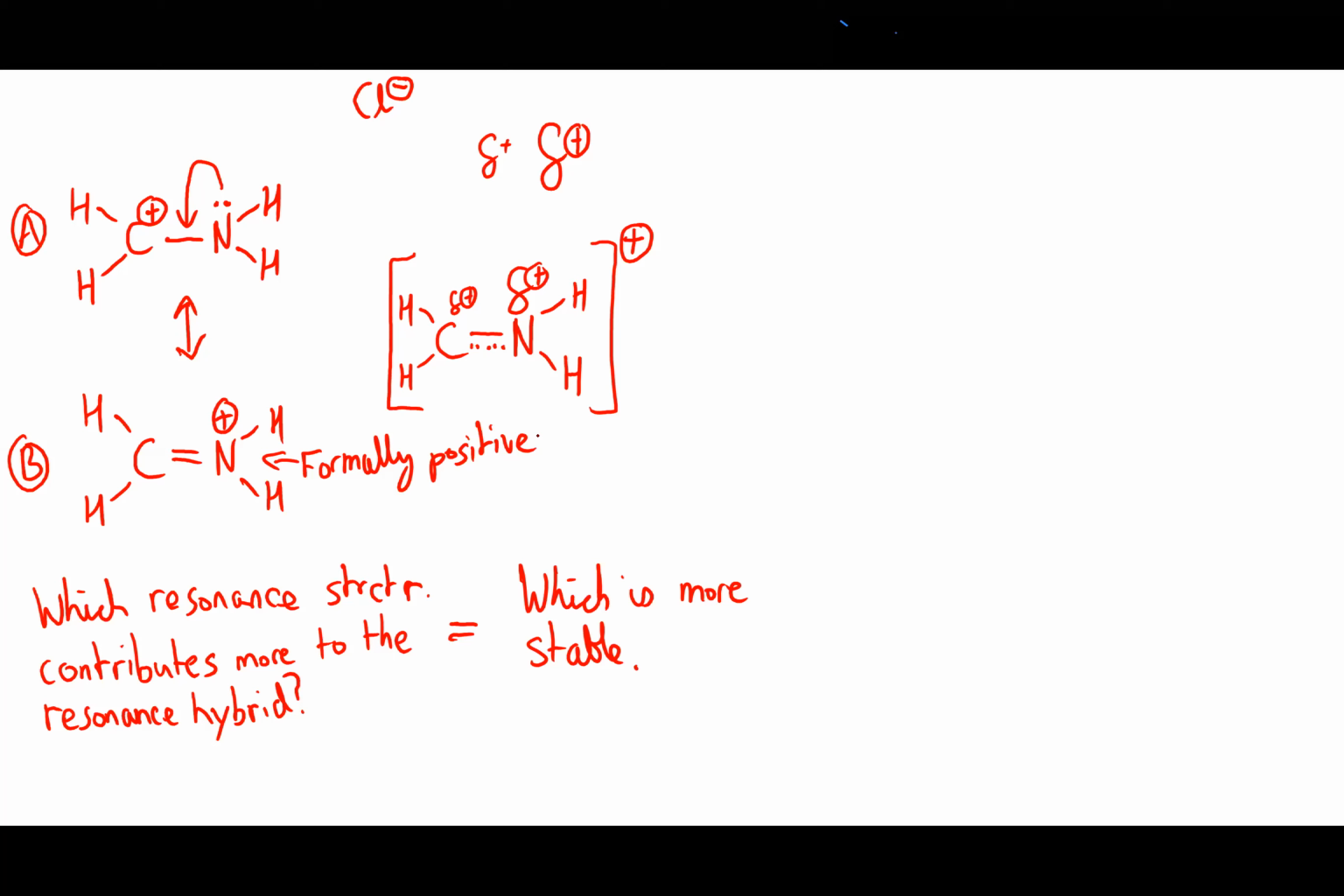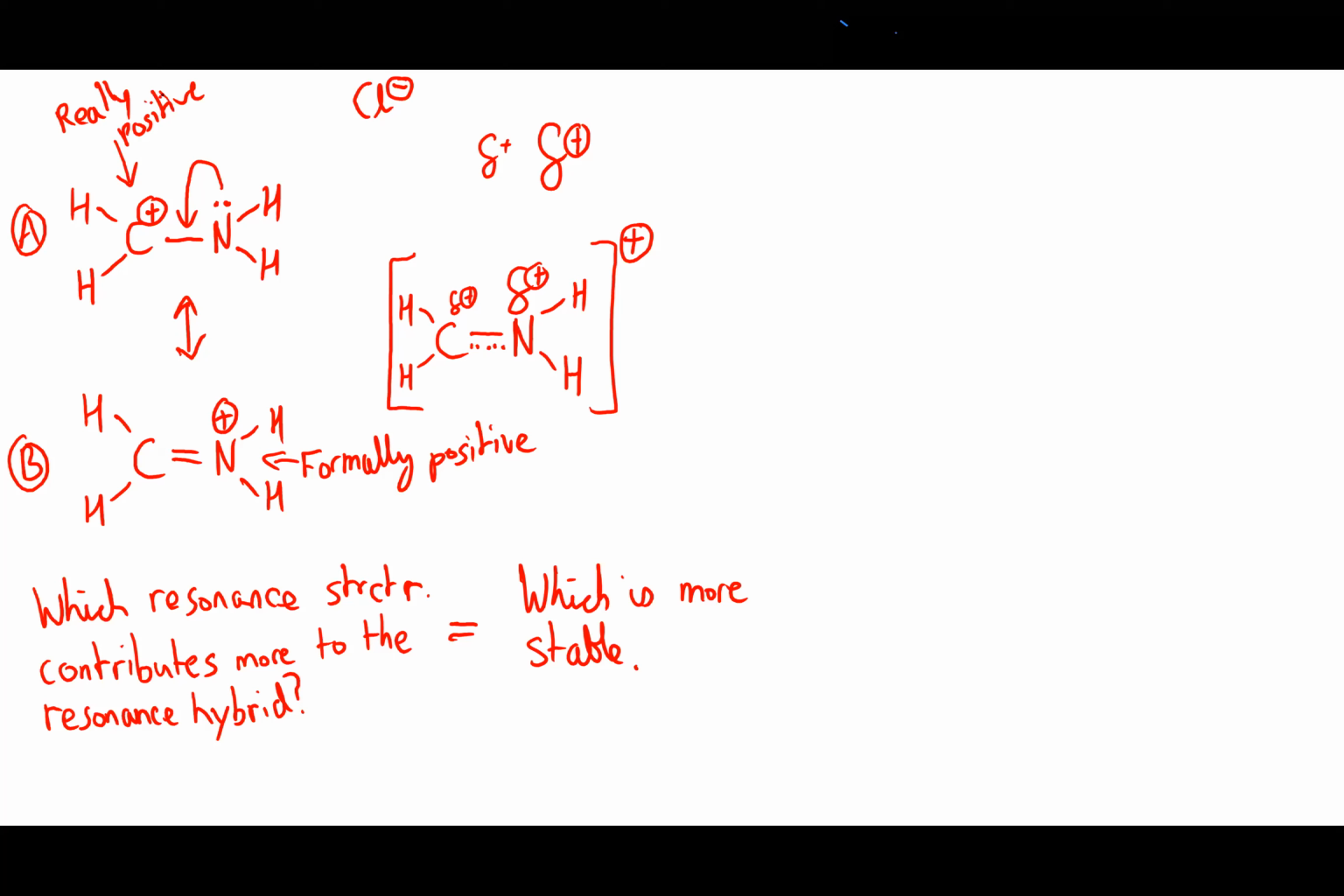It's got 8 electrons around it. That's a happy nitrogen with 8 electrons around it. If we look at this carbon up here, this is really positive. There's nothing formal about it. It's only got 6 electrons around it. And it's a second row element. It wants 8. So